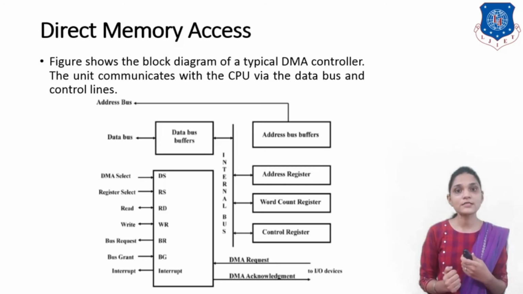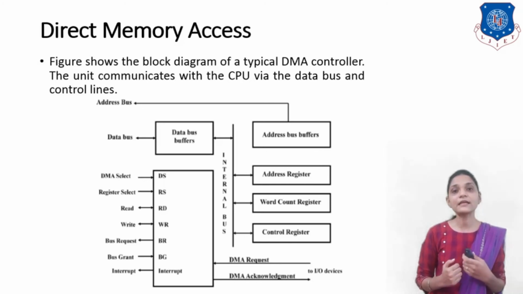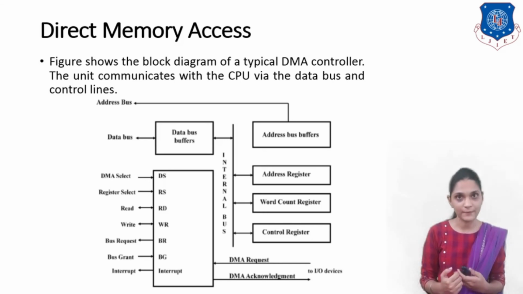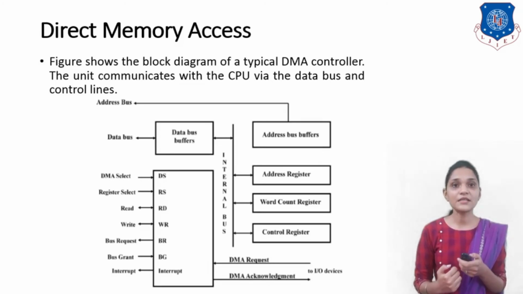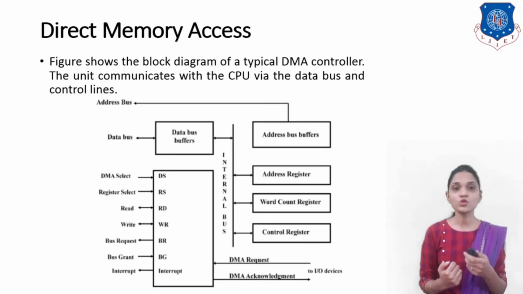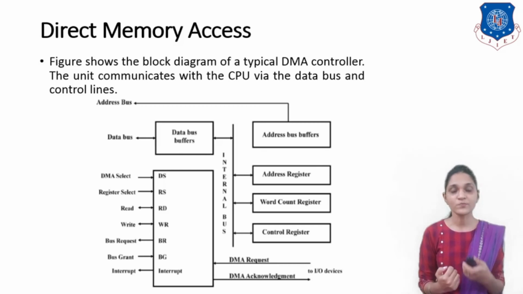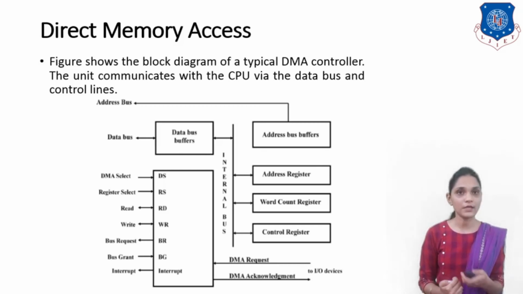The bus request is generated by this DMA controller to tell the CPU that it requires the bus, and bus grant is the output from the CPU and the input for this DMA to determine that it has been granted the bus, so the transfer can be initiated. This transfer task is initiated by means of an interrupt, which is used as an interrupt output line. DMA request and DMA acknowledgement are used for connecting with the I/O device. So in this way you can use the DMA.